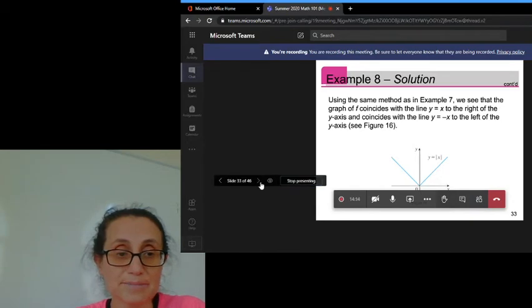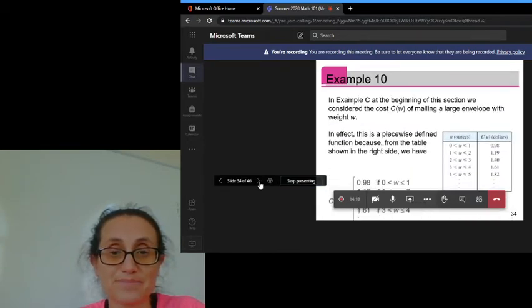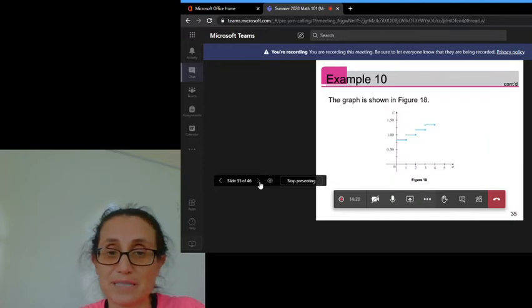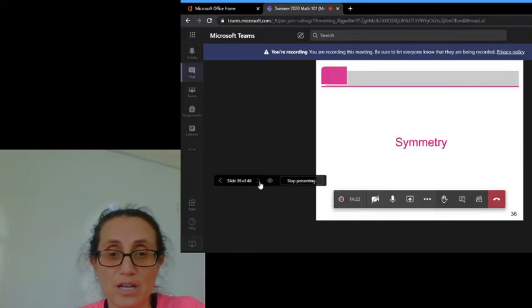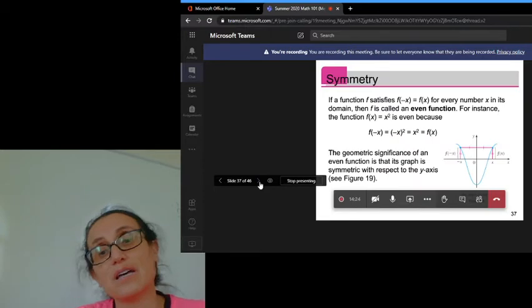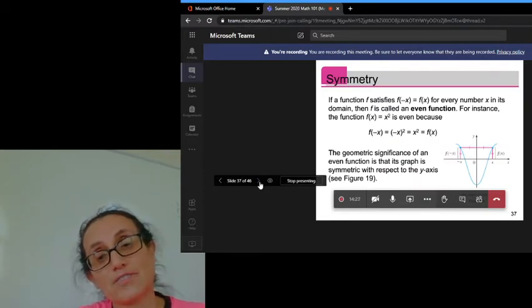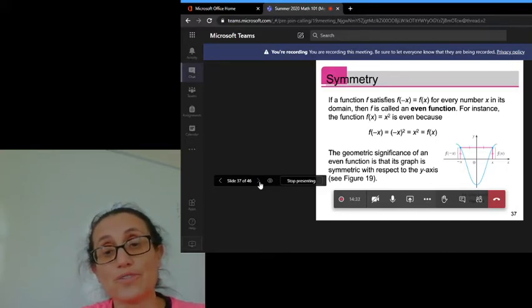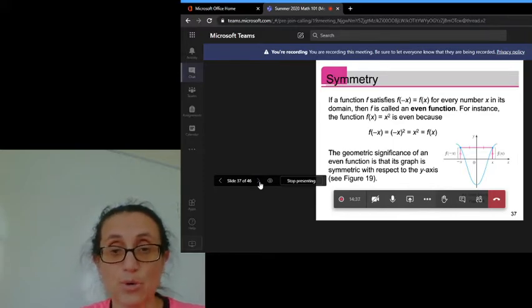And let's see. Okay, I'm going to skip this example too. About the symmetry: the function that we work on could be symmetric with respect to the x-axis or with respect to the y-axis. So whenever the function is symmetric with respect to the x-axis, we call it